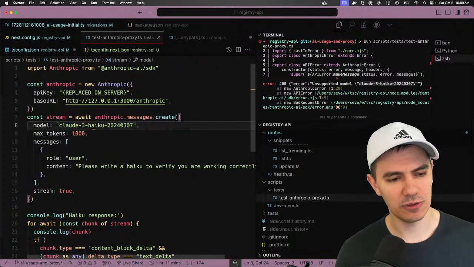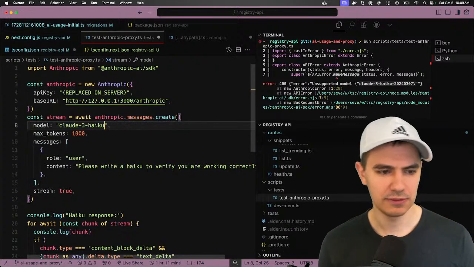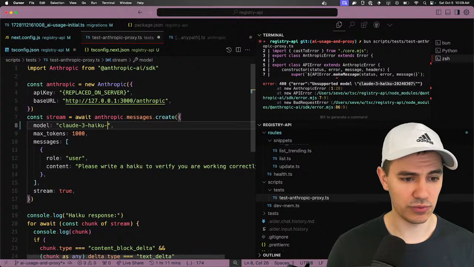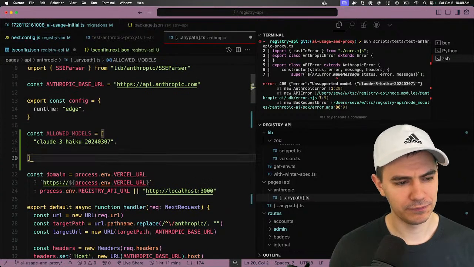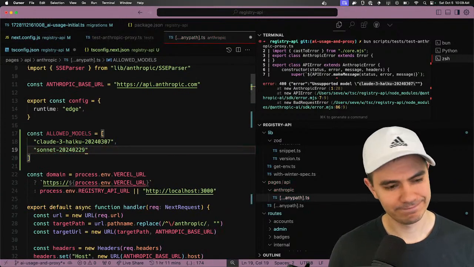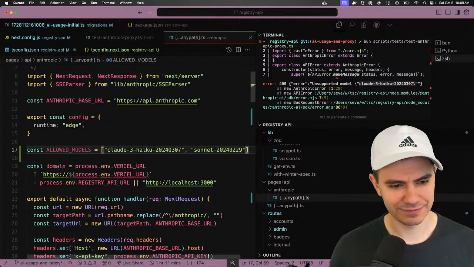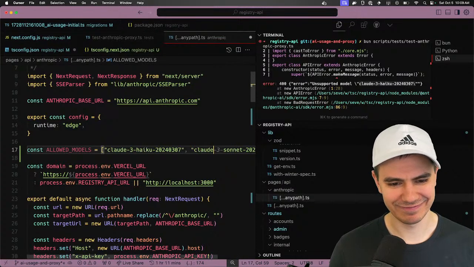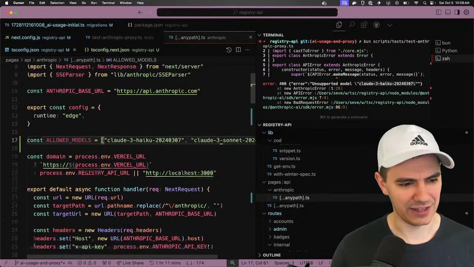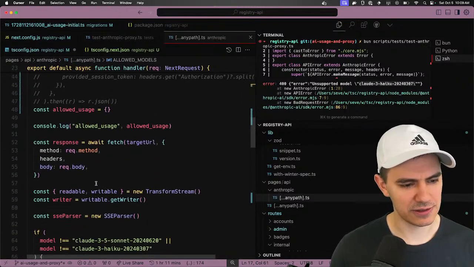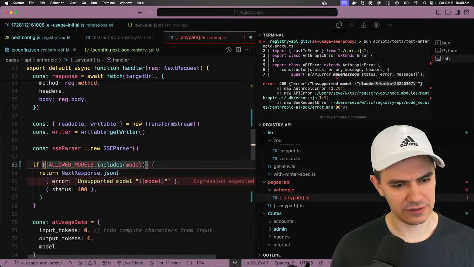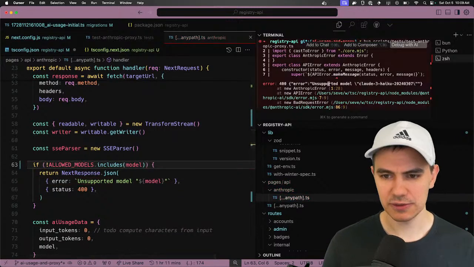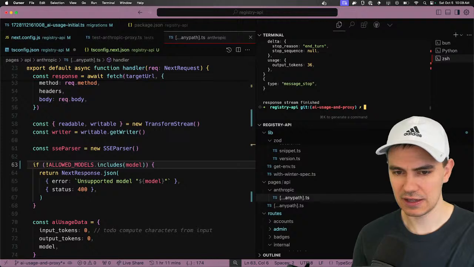I think O1 preview will do really well on this later, but I don't know. It's a lot to think about. Okay, so now we've got our list of allowed models. So we're going to say if not allowed models includes. Okay, let's run this again.